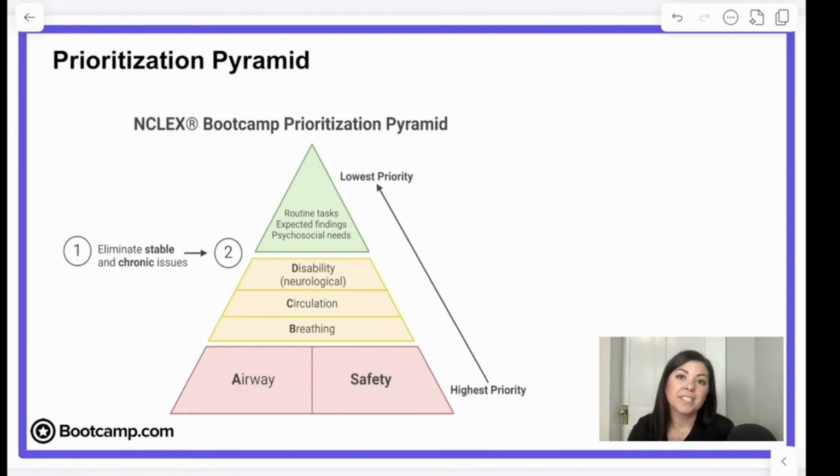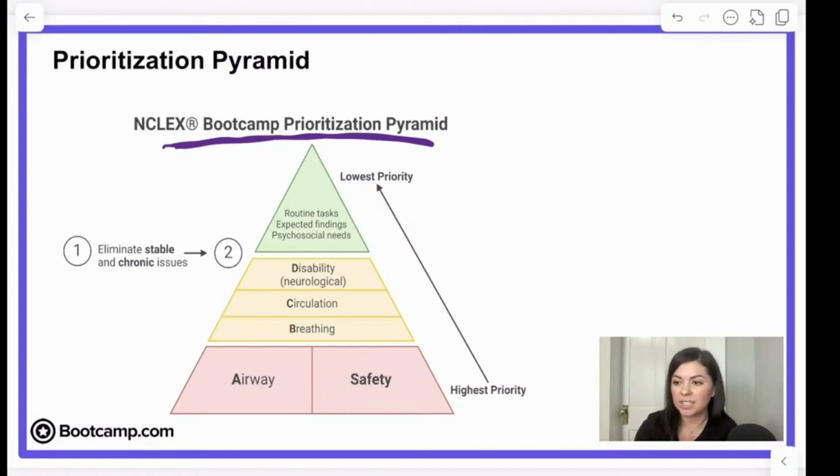So before we jump into the practice questions, I wanted to show y'all one really helpful resource that we're going to use throughout the webinar. This is our NCLEX Bootcamp Prioritization Pyramid that we worked really hard on to give you a resource or a tool so that when you are sitting there trying to figure out a prioritization item, you can look at this pyramid and it helps you have a strategic approach to guide you as